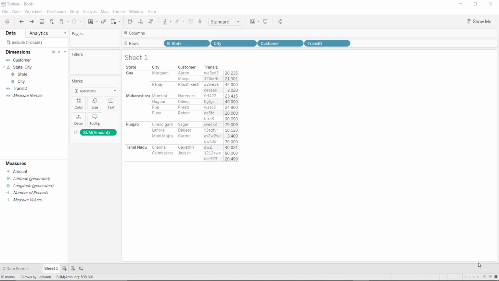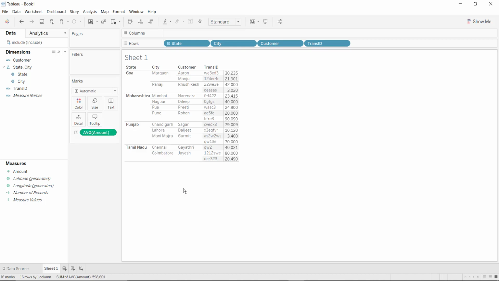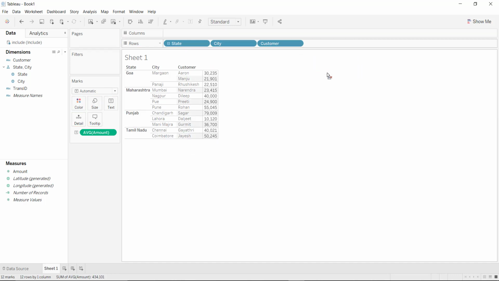Now as the word average appeared, what the majority of us try to do is just change the aggregator, that is, change the sum to average. Right now there is no such change, but if I change the transaction ID, these two values will get aggregated, and 42,000 and 3,000, the average of these two will be near 22,000.